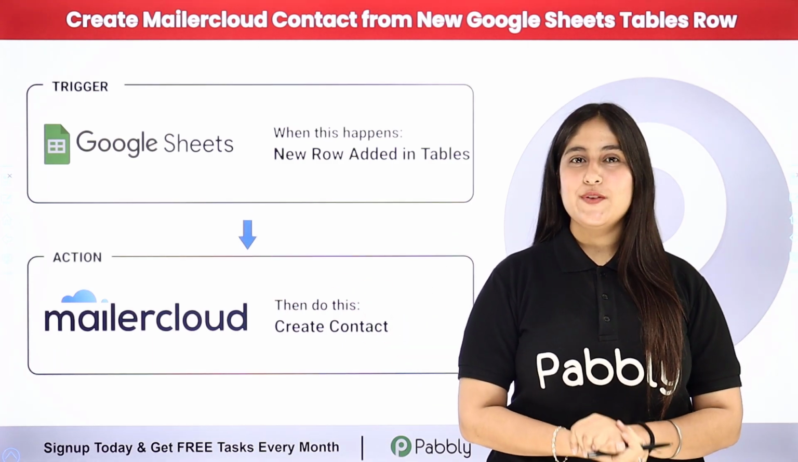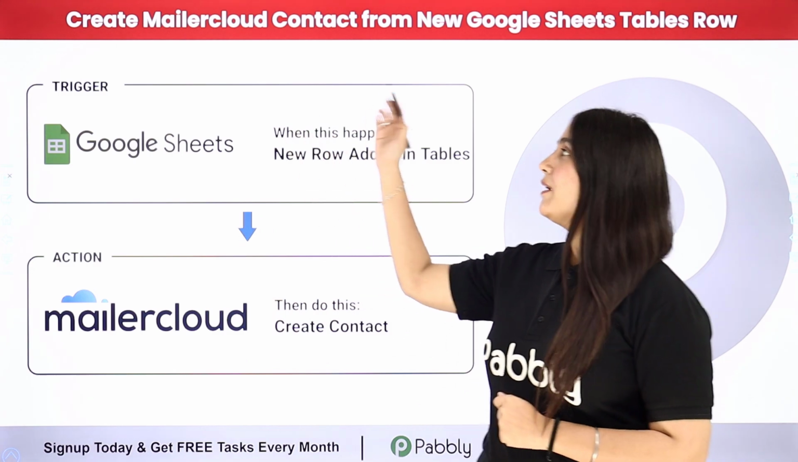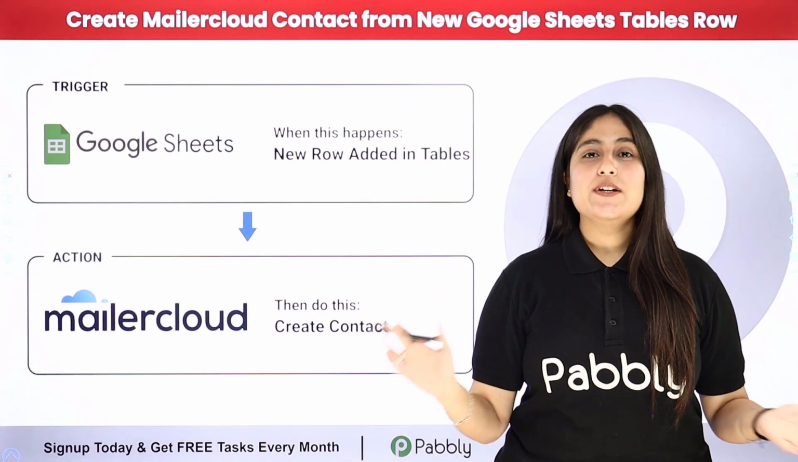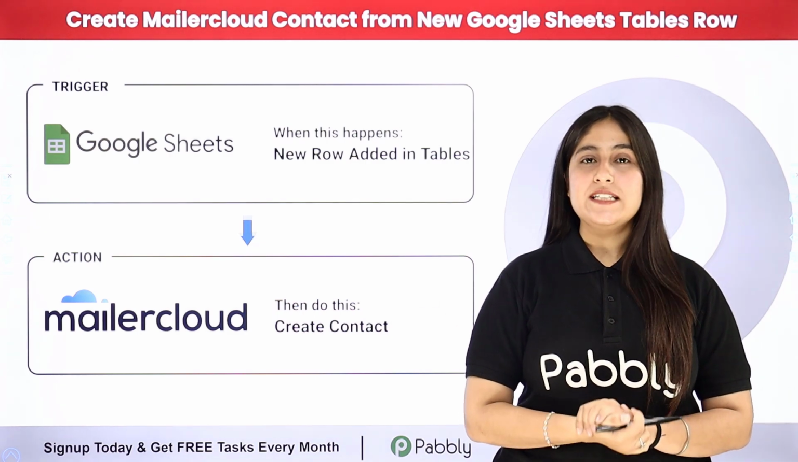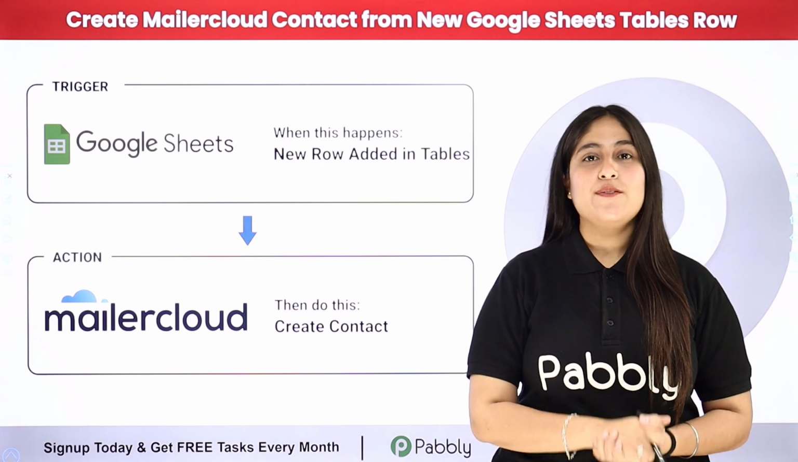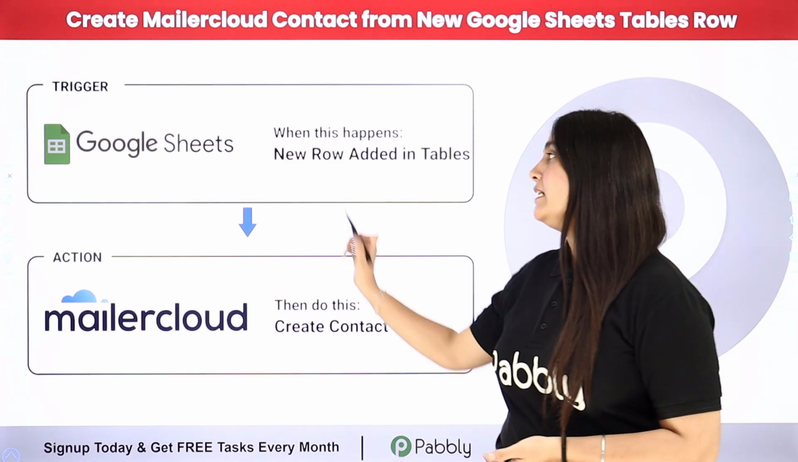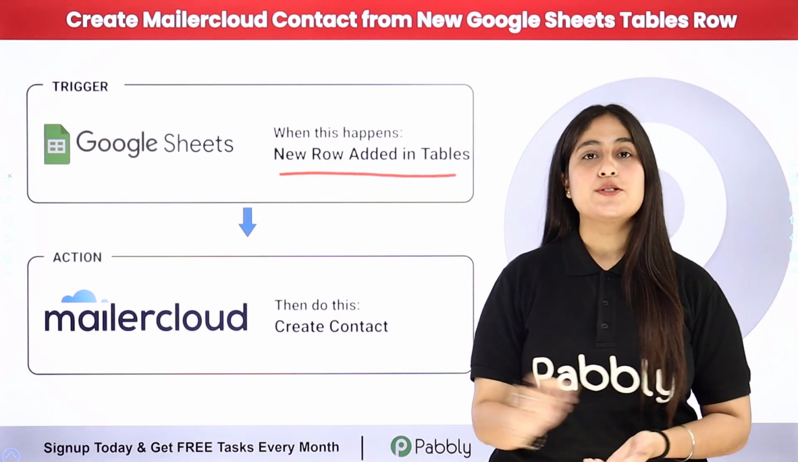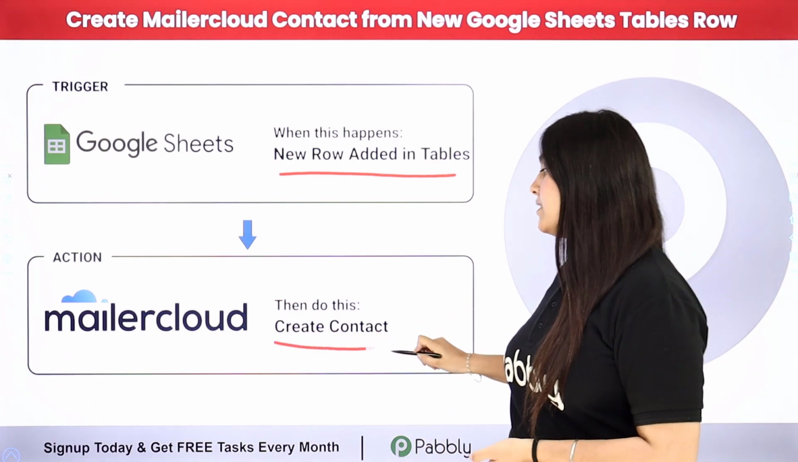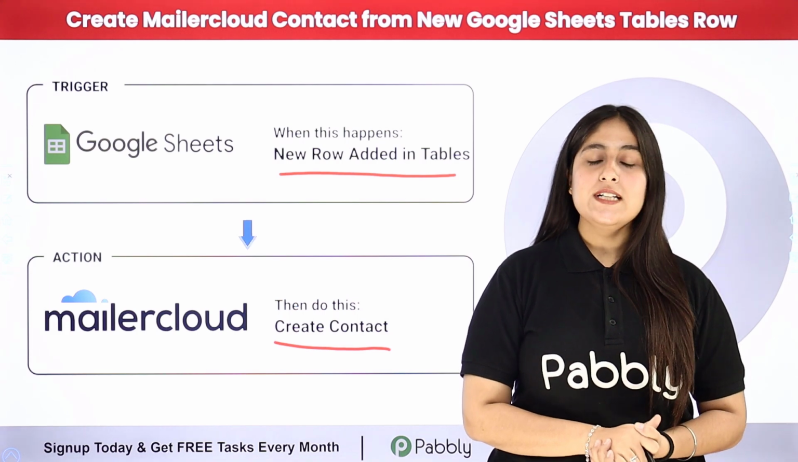So in this video, we are going to learn how to create Mailercloud contact from new Google Sheets tables row. I run a real estate agency and to enter my lead details, I'm using Google Sheets. Whenever I manually enter my lead details in my Google Sheets tables row, automatically using that detail, a new contact should be created in my Mailercloud account